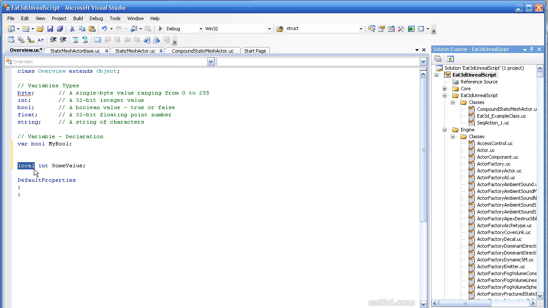is for. So just to recap, the var declaration for a variable is used for class declaration, and gives that instance of that class object this variable, which will have the same lifetime as that object. And then inside of a function, when you're declaring new variables, you want to use the local keyword, which is telling UnrealScript that it is local to that function, and when the function returns out, that variable no longer